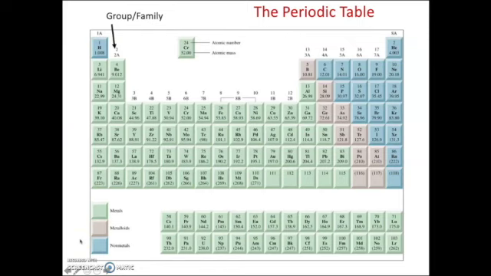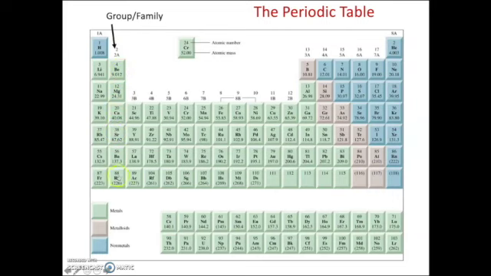The periodic table, and in the vertical, we can call these vertical columns, those are groups of elements. And an individual group, this would be pointing to group 2A or family 2A. In an individual group, you have many different elements, 1, 2, 3, 4, 5, 6 elements in this group or